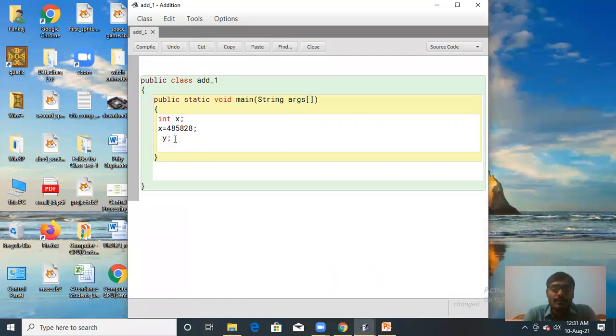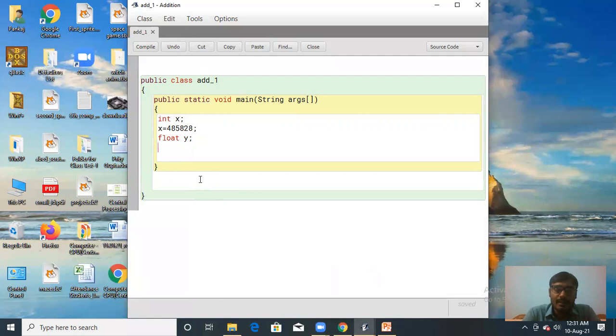So you have to use float y, and inside y you can store the value y equals 12.5. So 12.5 has been stored in the variable y.